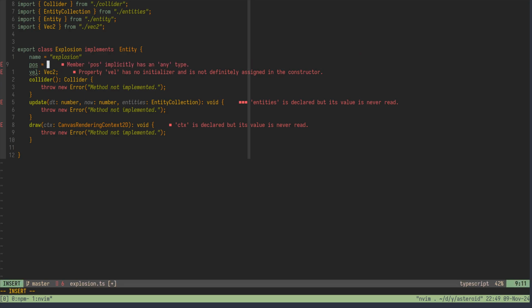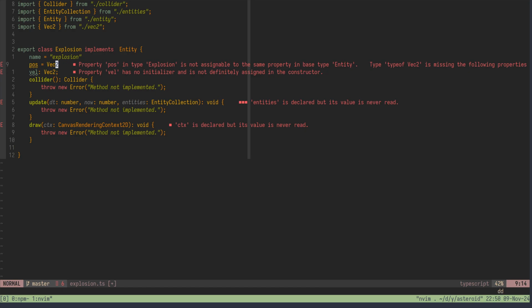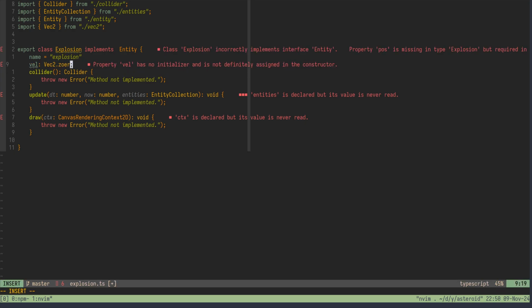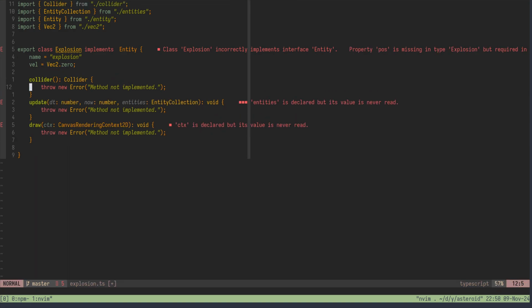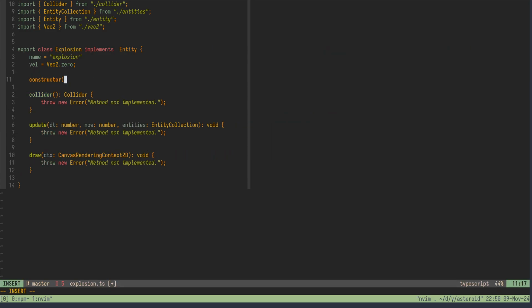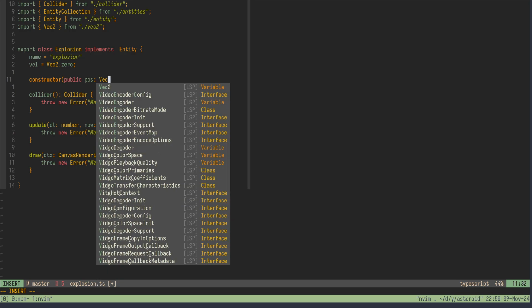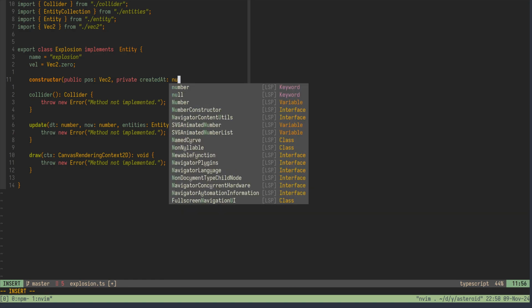and position, I will ask for it in the constructor. Velocity will be 0. We're not going to use the collider, so we can leave that as is. And let's create a constructor. It will take a position. We also want to know what time this explosion was created, so maybe we can just say private createdAt, some number,